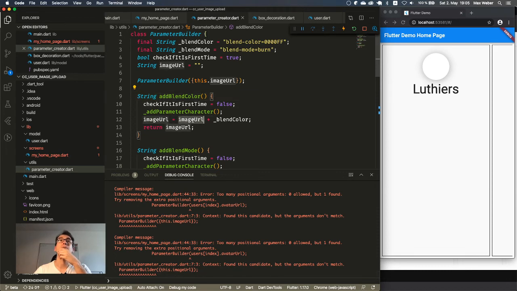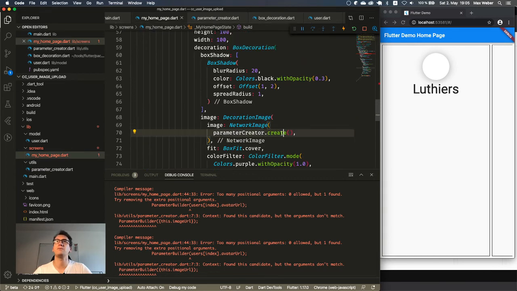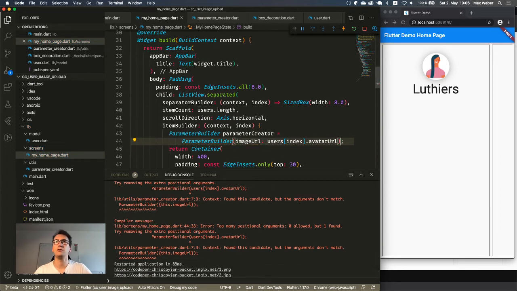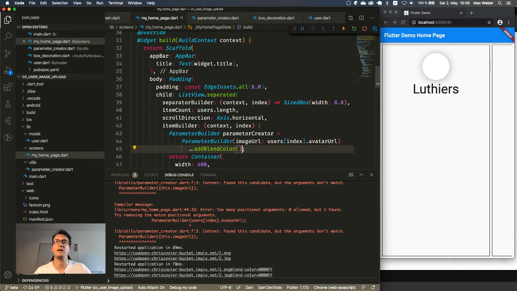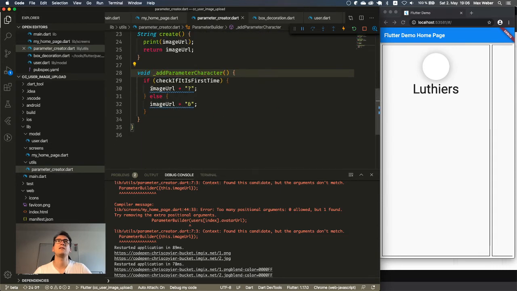Anyhow, the problem was that the image URL was empty, and of course with that it couldn't access that. So now create returns something, and here we have the image URL. So now we see the image. Good, good. Now we try to add blend color and we break. Why? We get the PNG, but we don't add this part that is necessary. So this add parameter character doesn't work like we expected because we don't do it. Image URL equals.